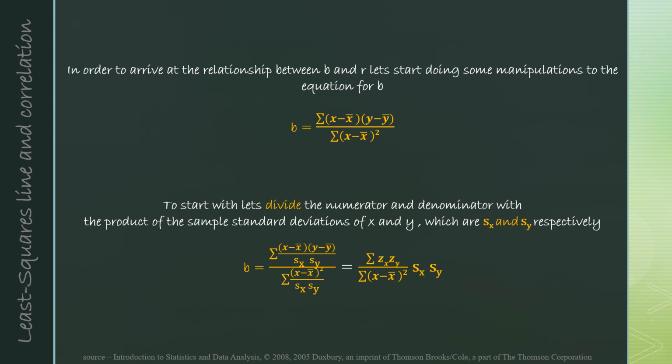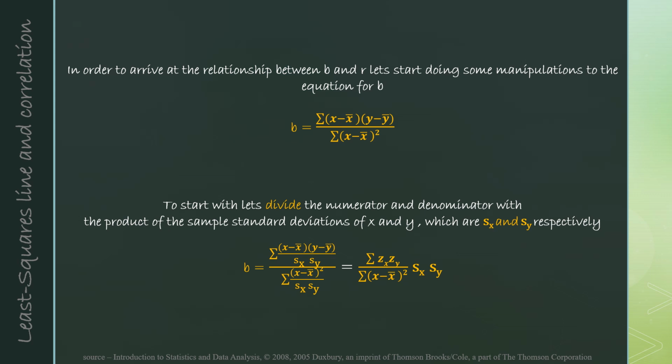Note, since we do not know the population standard deviations sigma x and sigma y, we use the respective sample standard deviations instead. Therefore, b equals sigma (x minus x bar) multiplied by (y minus y bar) divided by the product of Sx and Sy, divided by sigma (x minus x bar) the whole square divided by the product of